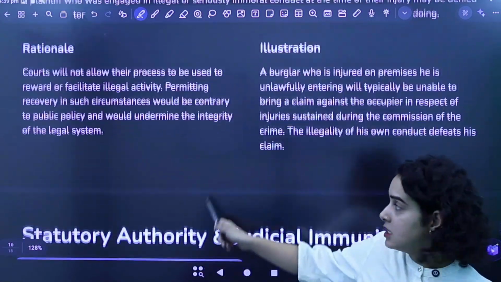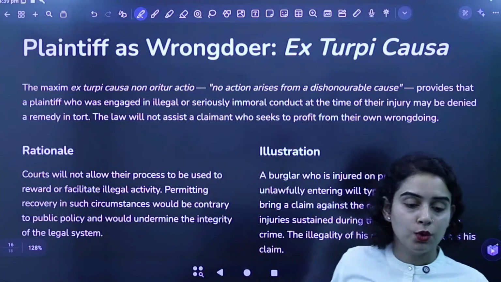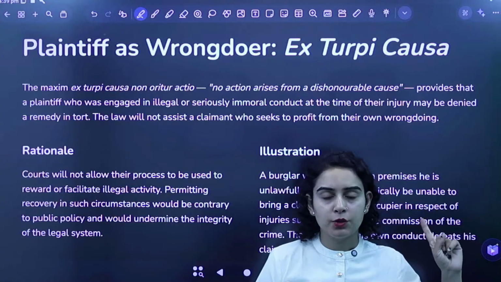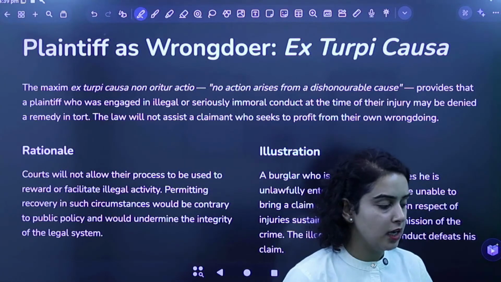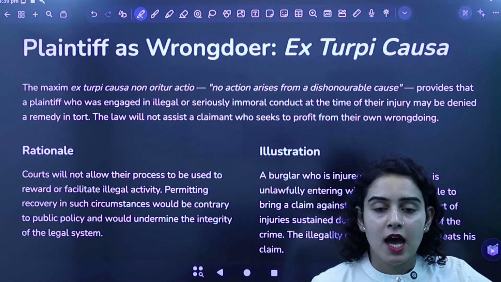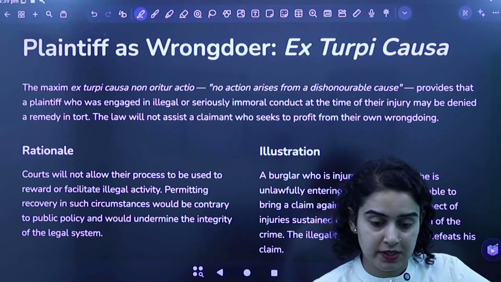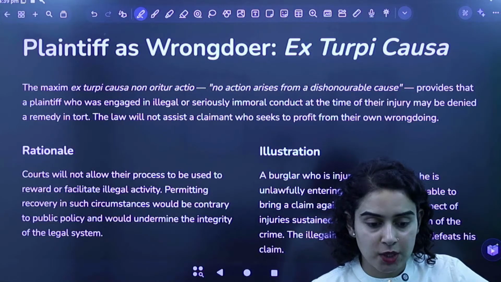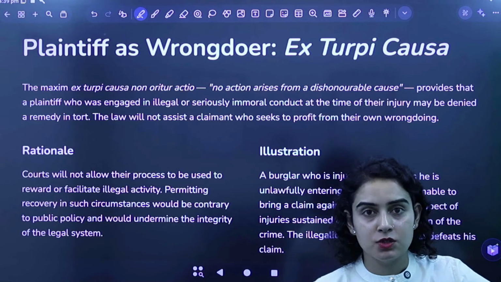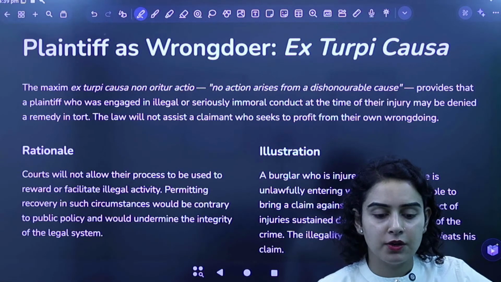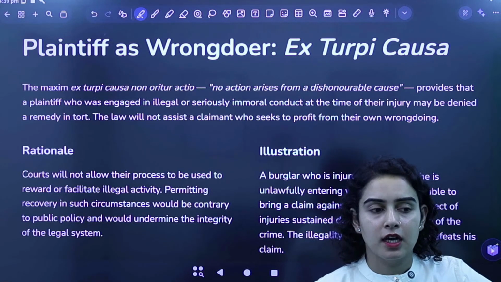So yes, that was a very quick intro to law of torts. We are going to meet again very soon where we are going to continue the series of law of torts, and I'll take you to some specific torts and explain to you some specific torts that you definitely should prepare for your exam, right? So this was something I had to share with all of you today. We're going to meet very soon, probably next Monday now. And we'll continue the series and we are going to understand all of it in detail.